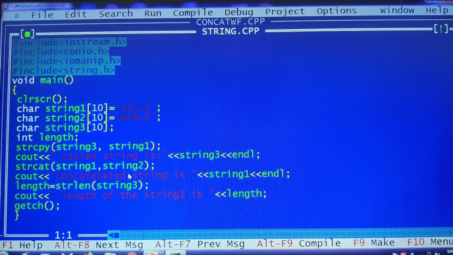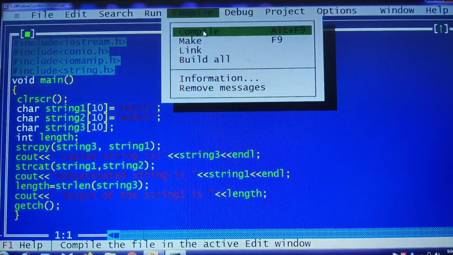How this concatenation is working: whatever the contents are in string 2 get combined at the end of string 1. And I'm printing string 1, and next I'm finding the length of the given string 3 and storing it in a variable known as length, which I'm displaying here. Let me execute this particular program here, compile